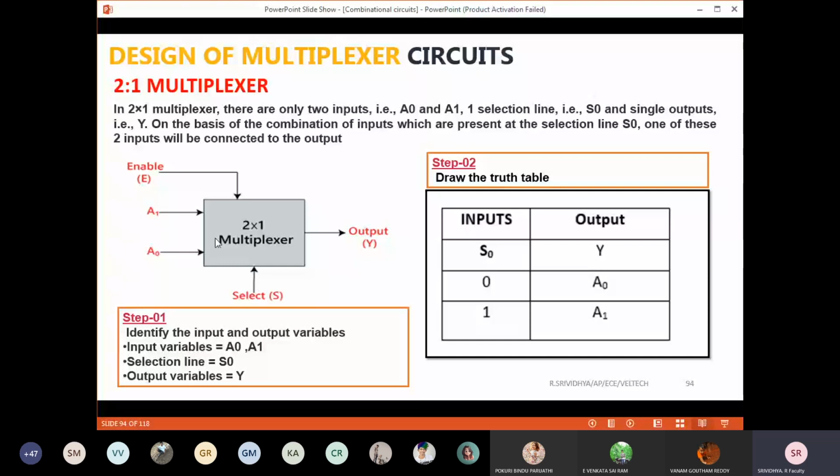If it is 1, it will be connected to A1. That is how you have to write your truth table. So you will have two input combinations, 0 and 1. If it is 0, it is connected to A naught; if it is 1, it is connected to A1. Are you all clear with step 1 and step 2? Yes, ma'am. Fine, so now step 3.